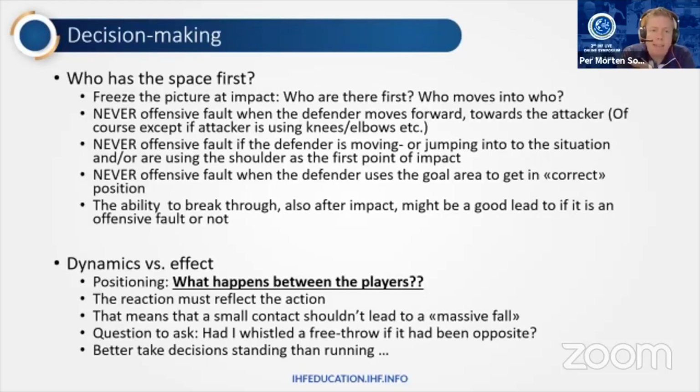And of course, it can never be an offensive fault when the defender uses the goal area to get in correct position. That means it doesn't matter if he stands in a correct position outside the goal area line and is jumped into, if he has run through the entire goal area to come into this position. So kind of a guideline, which